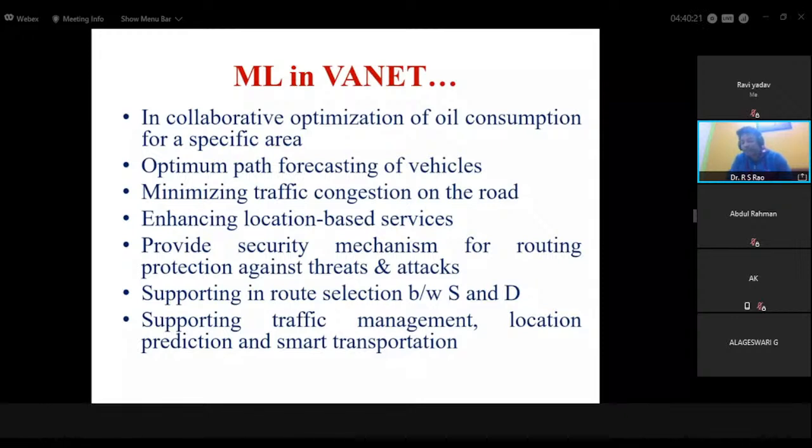It can be used in many research related issues and problems in vehicular ad hoc network, such as in collaborative optimization of oil consumption for a specific area, optimum path forecasting of vehicles, means it can be used to optimize the path and the optimal path between source and the destination, and whatever the value can be obtained there, that can be forecast in the surrounding vehicles, minimizing traffic congestion on the road